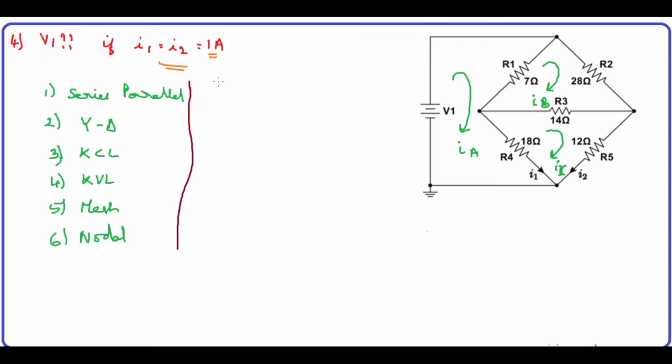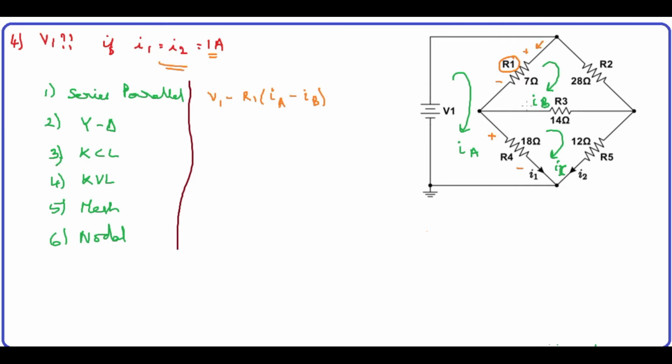So in loop 1, the equations are like this. This is plus and minus. This is plus and minus. So V1 minus R1 into, I am in loop 1, so I feel that IA is more compared to all others. IA minus IB is the current flowing through this R1. Okay, so please see this. This is the current IA, so it is flowing in this way. This is IA.